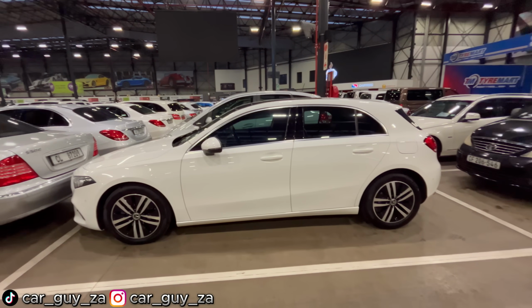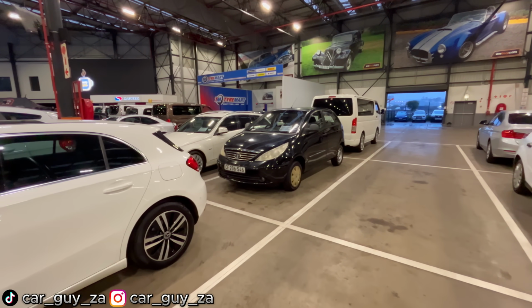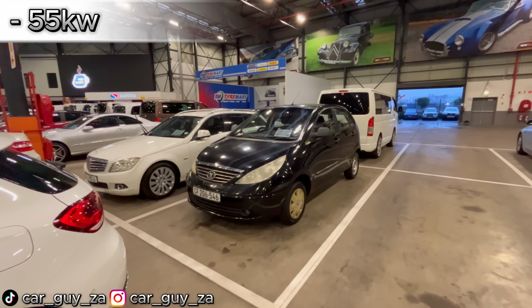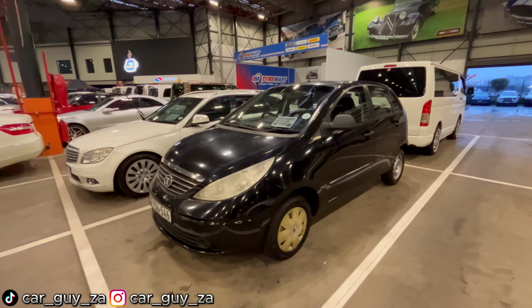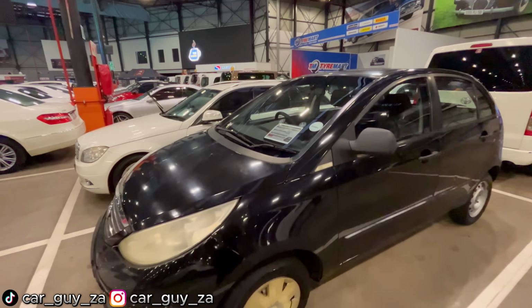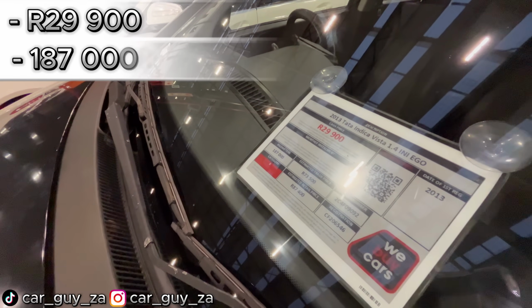The last vehicle for today is an angry looking Tata Indica. And guys, this car is powered by a 1.4 liter motor that puts out an unimpressive 55 kilowatts with an unimpressive 0 to 100 time of 14 seconds, and it drives the front wheels via a 5-speed manual gearbox. And this car has the exact same cash price as the VW Mark 1 of 29,900 Rand with 187,000 k's